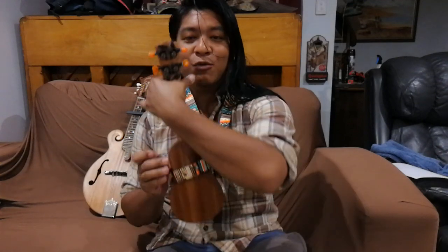Oop, gotta adjust my positioning here. This is where it's a bit awkward because of where I've placed those pegs, so accessing,